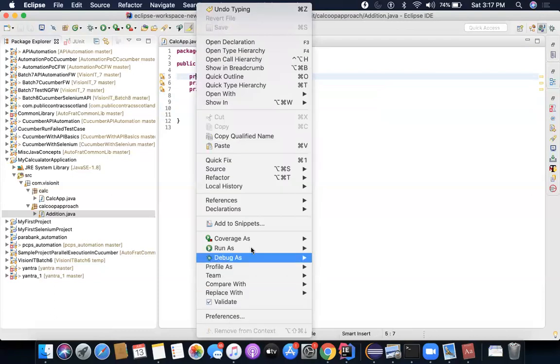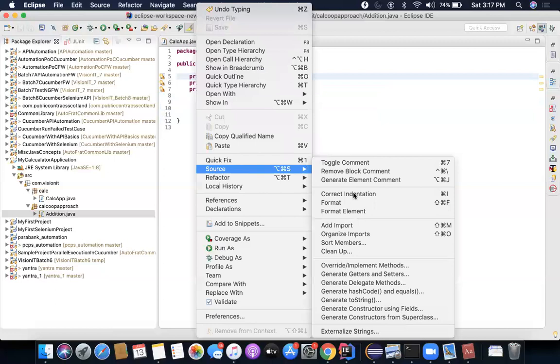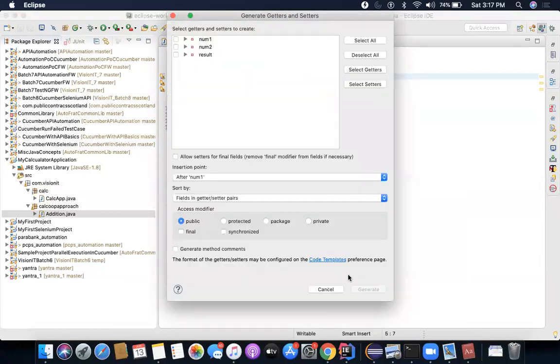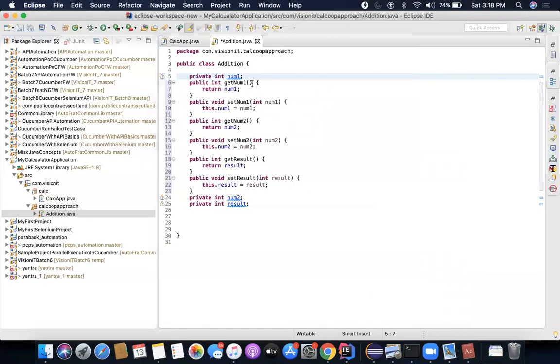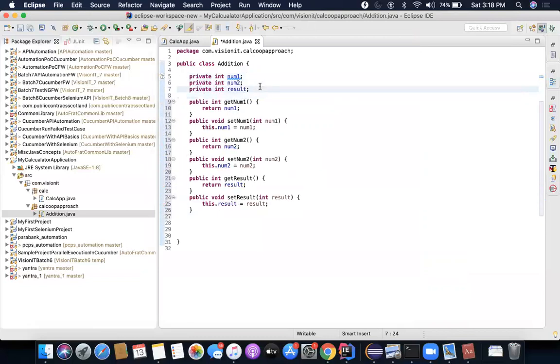So I'll right click and click on source, and in the source you have an entry called generate getters and setters. You click on it, and as soon as you do that, you get a window here. You select the checkboxes, click yes on all checkboxes, click on generate, and if you see, it will generate the methods for you, something like this.